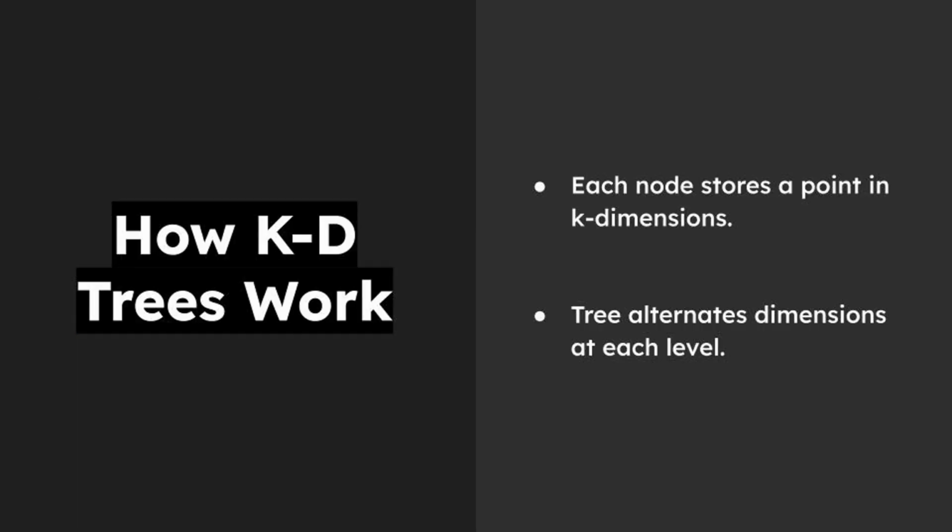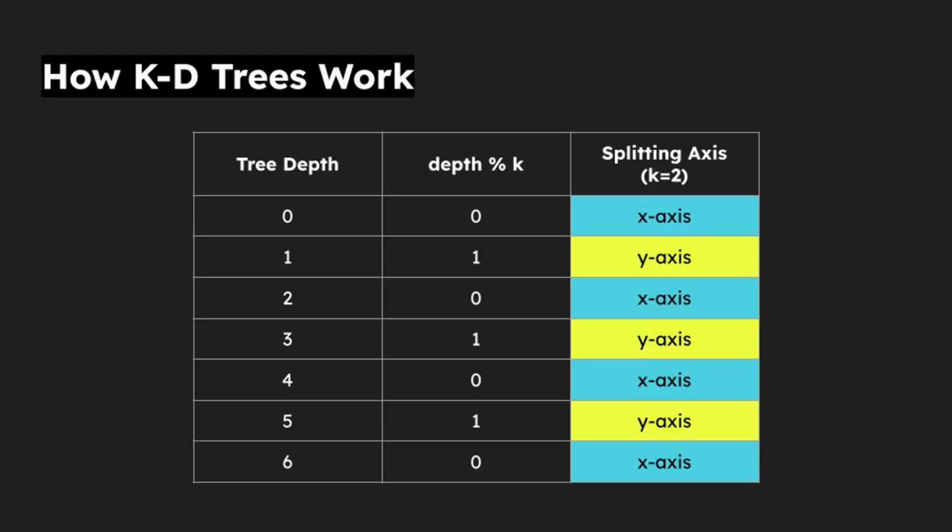Each node of a KD tree stores a single point. The tree alternates splitting dimensions at each depth. Let's see how the splitting axis cycles in 2 dimensions, when k equals 2. At depth 0, split on the x-axis. At depth 1, split on the y-axis. At depth 2, back to the x-axis. At depth 3, back to the y-axis. And so on. This alternating ensures that neither dimension is favoured, keeping the tree balanced in both x and y